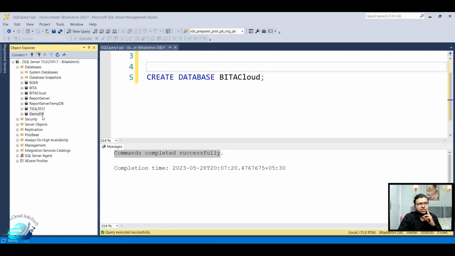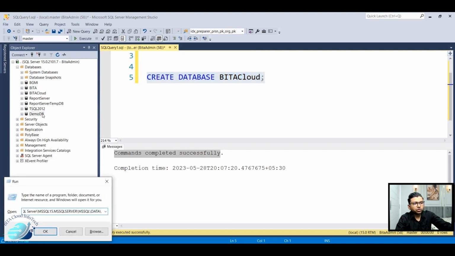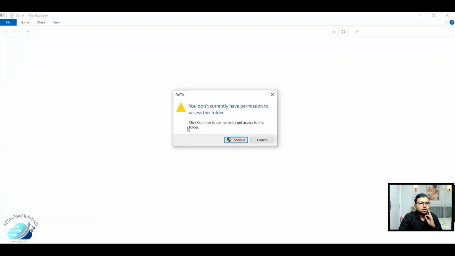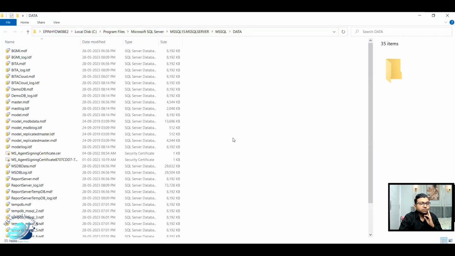The moment I hit OK, you see, it immediately refreshes also. When we create using the script, it did not, but when we use the wizard, it knows that we are performing some action, so it has to refresh on its own. Okay, now let me show you. I use Windows R and then I press Control V, which is a paste. Okay, it asks me for the permissions. I'm an admin of the system, so I can. Okay, so you can see